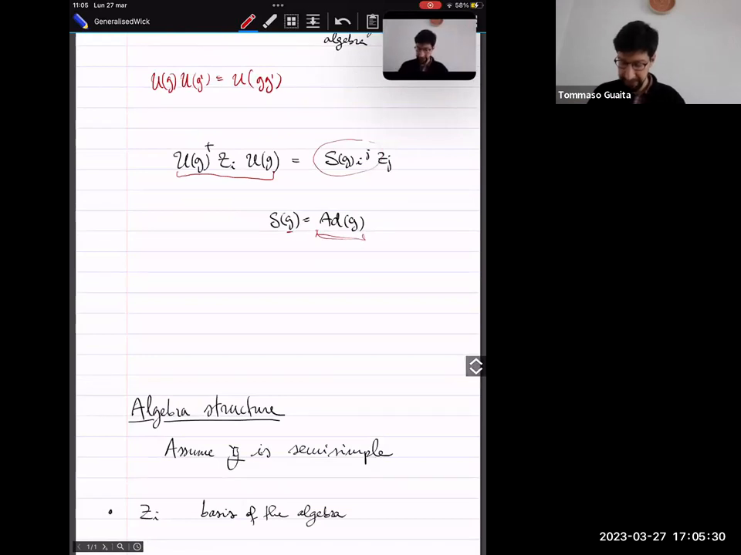Right, and if you want to be more precise about how to compute this S, basically, assume that your group element G can be written as the exponential of some object in the algebra, determined by a set of coefficients that give you an object of the algebra. Then essentially you should consider the structure constants of the algebra. So if you consider the commutation relation between two